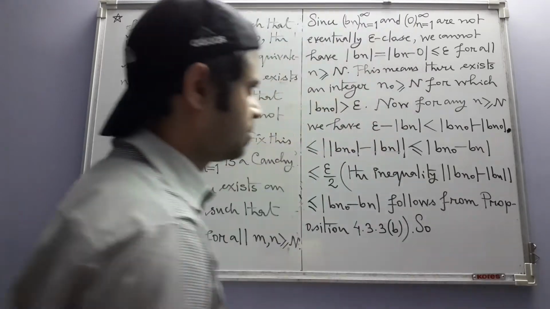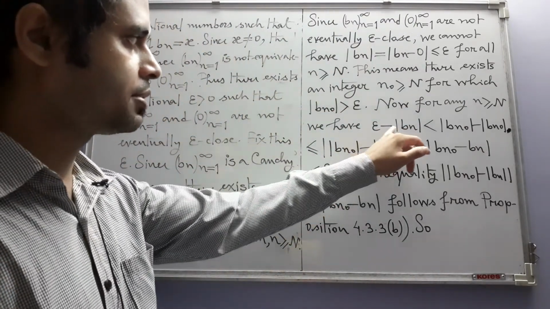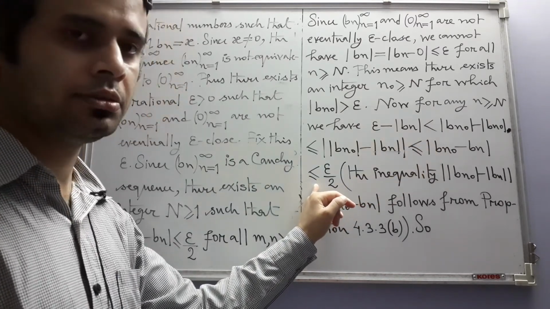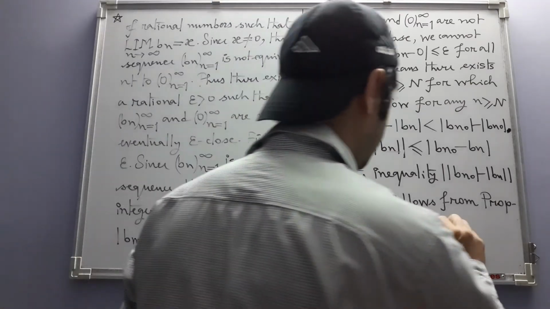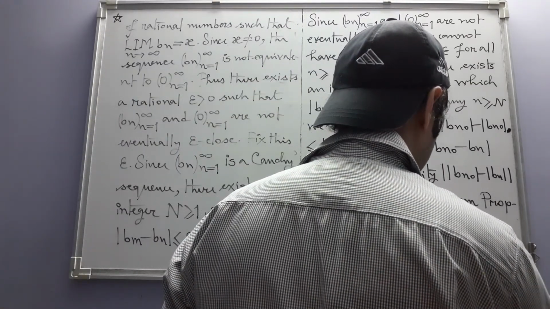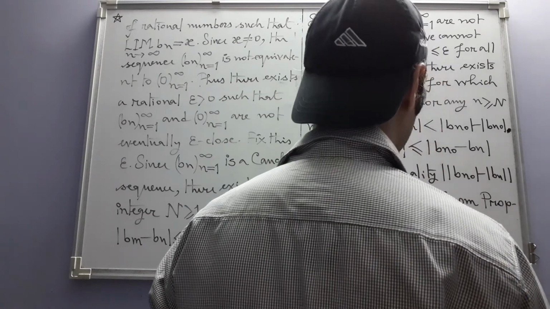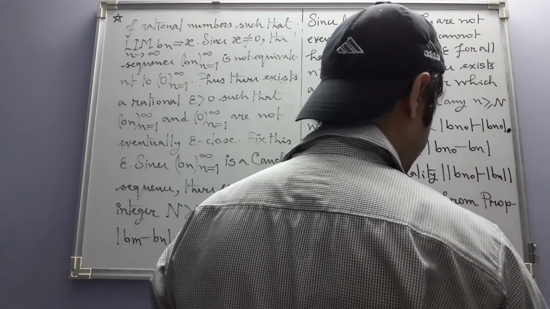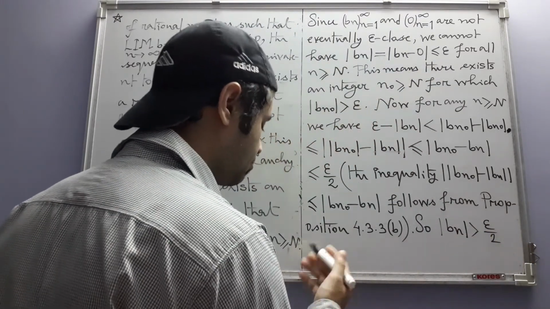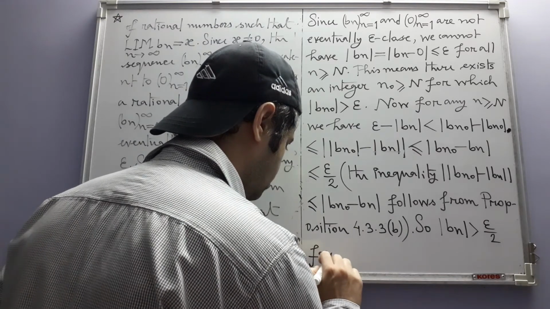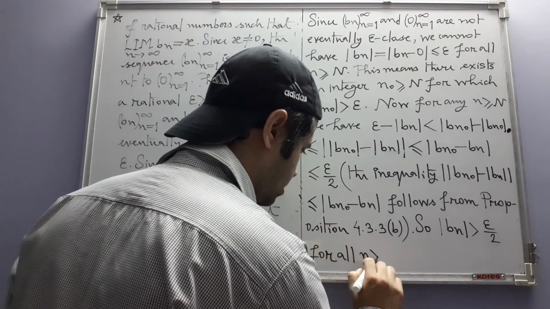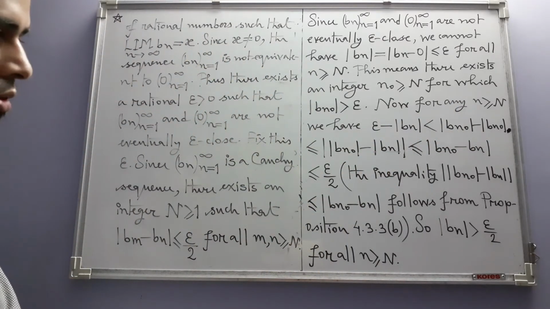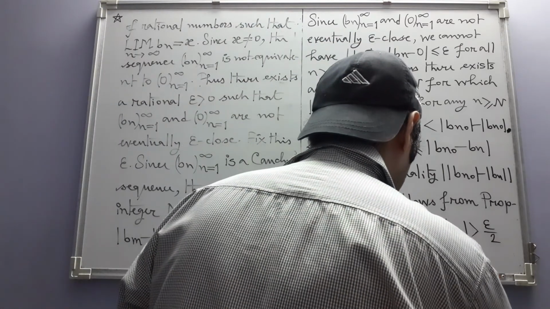So what do we have now? Ultimately, epsilon minus absolute value of bn is less than or equal to epsilon by 2. From this, if you calculate, you will get this. This is greater than epsilon by 2. For which n? For all integers n greater than or equal to N, because for such integers we are doing the calculation. Okay, now